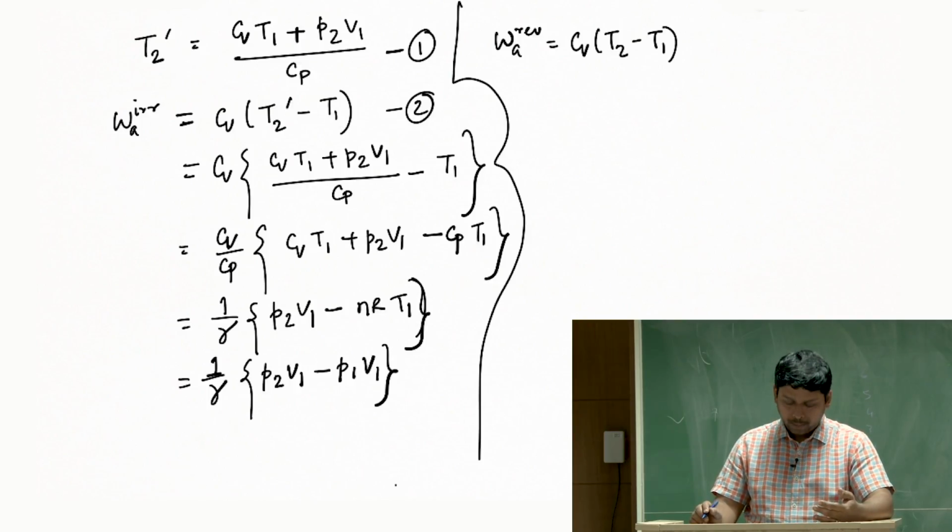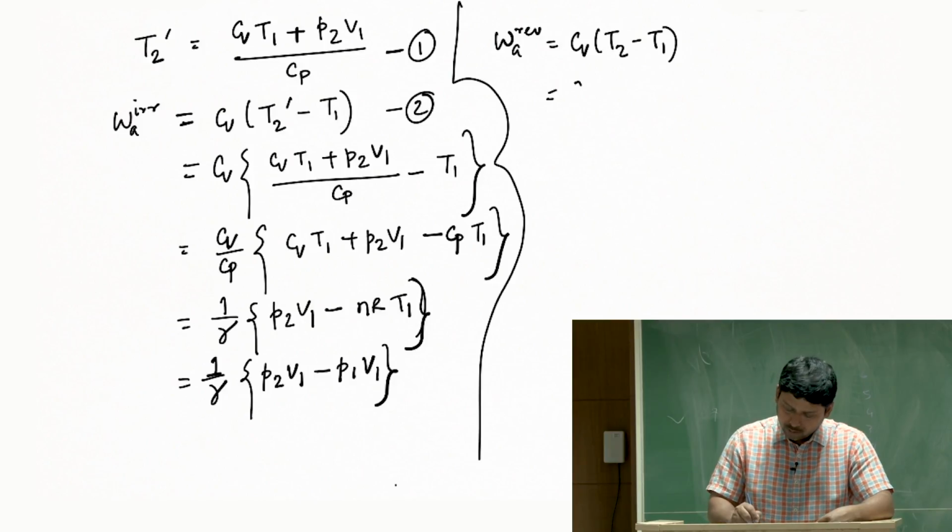of known quantities. For example, P1 V1 is known because that is the initial state, and P2 is also known. And gamma is also known. So, we have converted that way. Now, let us see what we get from this. Now, Cv (T2 minus T1), we can say that